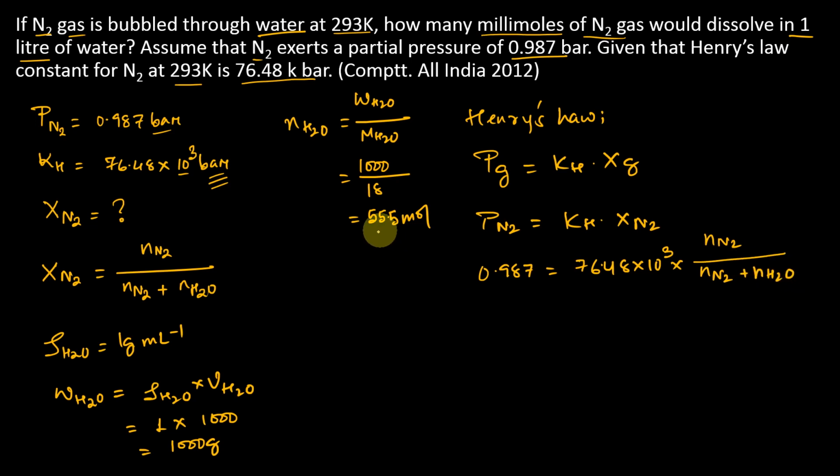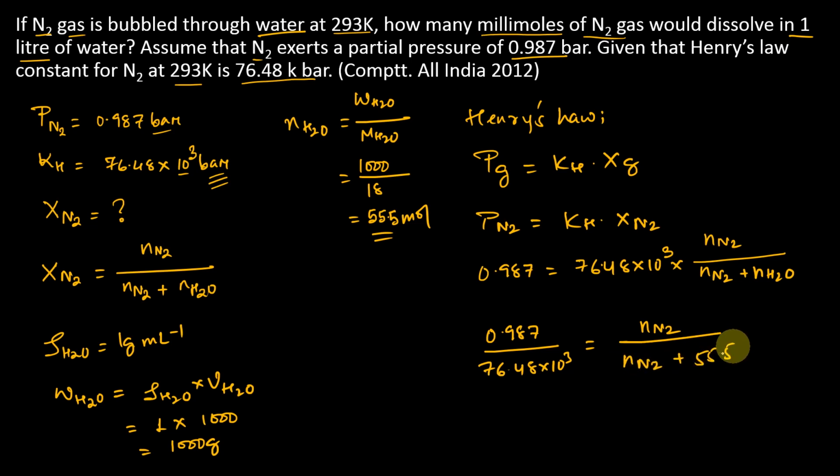So what is the number of moles of water? It is 55.5. So 0.987 divided by 76.48 into 10 to the power 3 is equal to number of moles of nitrogen. What is the number of moles of nitrogen? We need to determine that, divided by number of moles of nitrogen plus number of moles of water, that is 55.5. All right. अब एक चीज देखा जाए, अगर if I solve this part which is